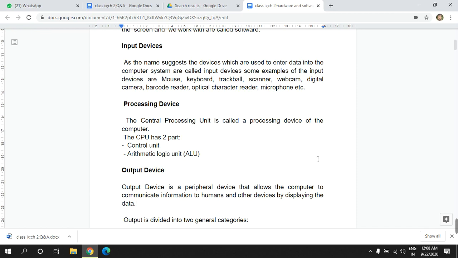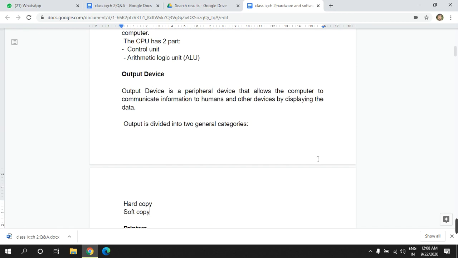Now let's come to the next type of devices, which is the output devices. The output devices are the devices which give the output to the user after processing, and the output could be generated in two ways, as a hard copy and as a soft copy.